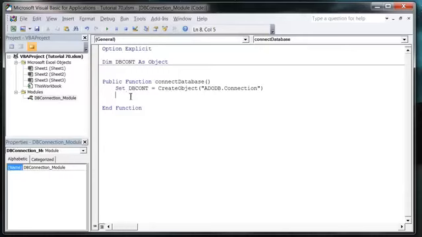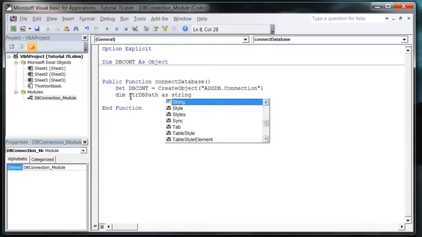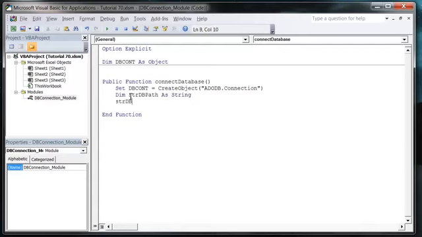And right, the next thing we want to do is create a database path. So Dim database path As String, and this is just going to hold whatever the location of your database is. So mine is in C drive, Users, Matthew, Desktop, Sample Database.accdb, all in speech marks. So it's just a string, and it just holds the URL of our database